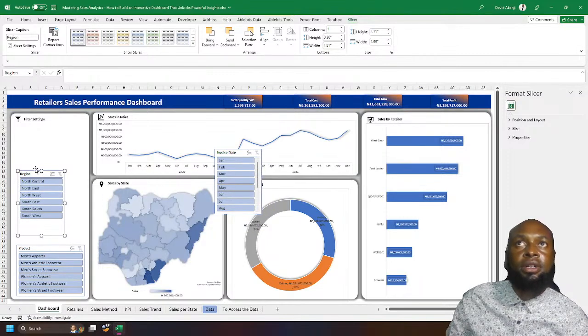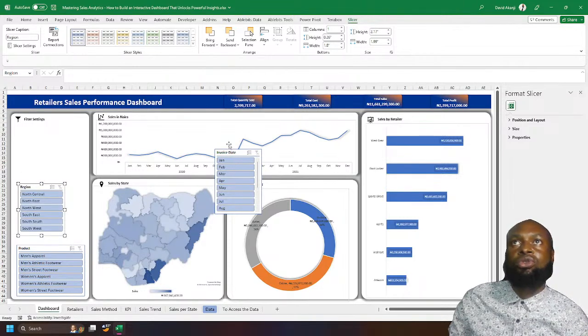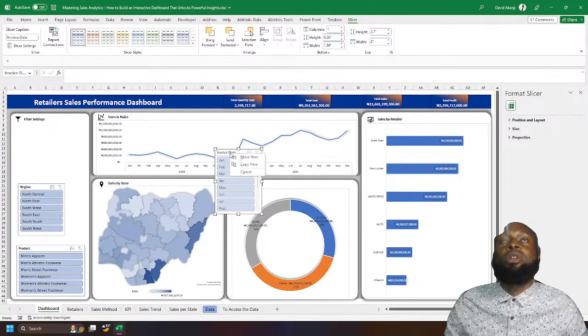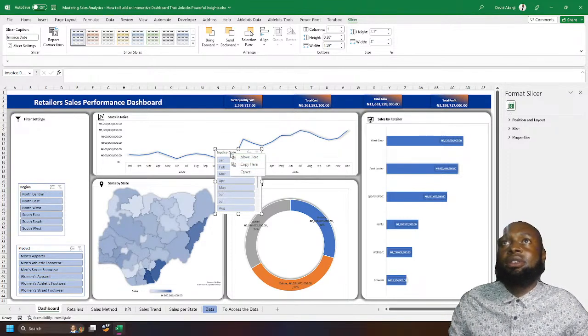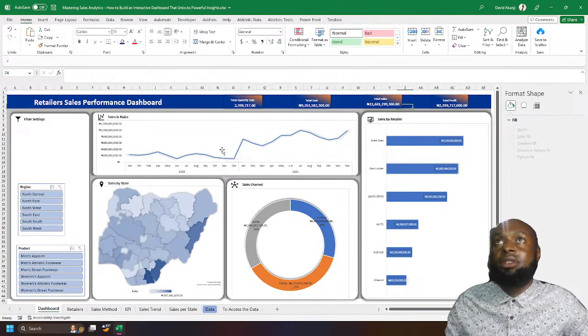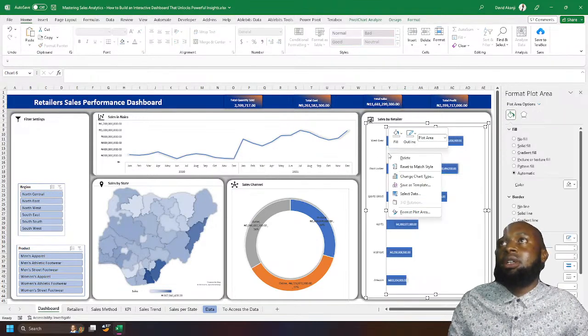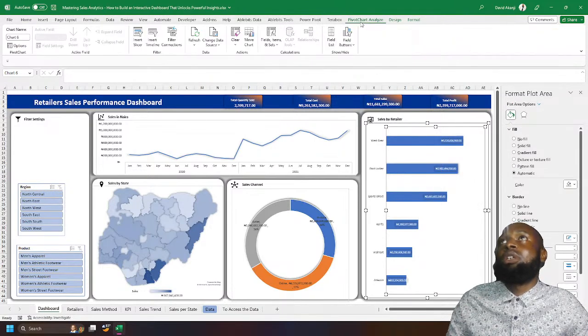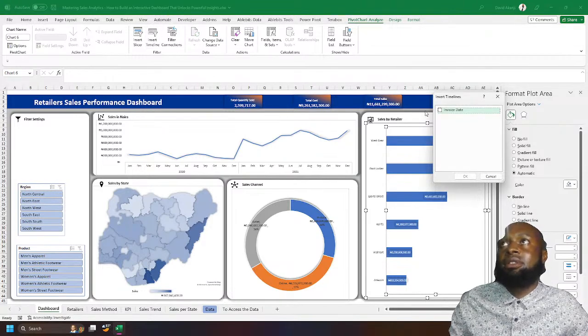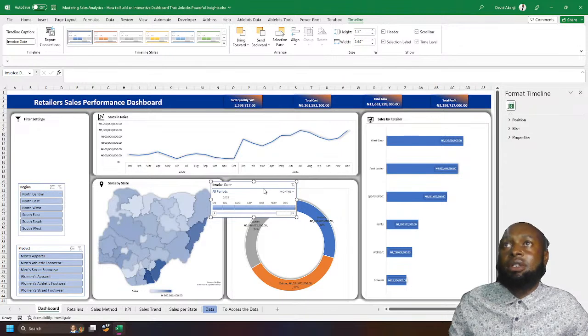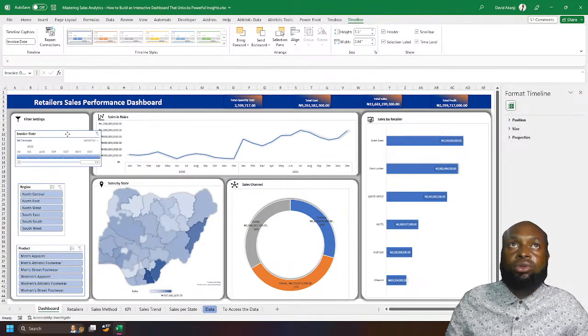We have filter. So we are not going to filter by this type of date. So let's click another one. So let's select insert timeline. Exactly. So with this timeline,